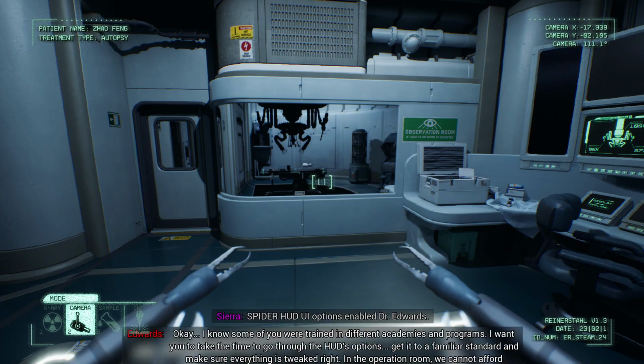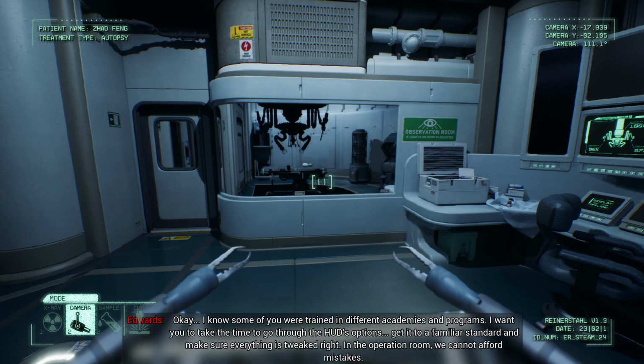Okay. I know some of you were trained in different academies and programs. I want you to take the time to go through the HUD's options, get it to a familiar standard and make sure everything is tweaked right. In the operation room, we cannot afford mistakes. There is a number of